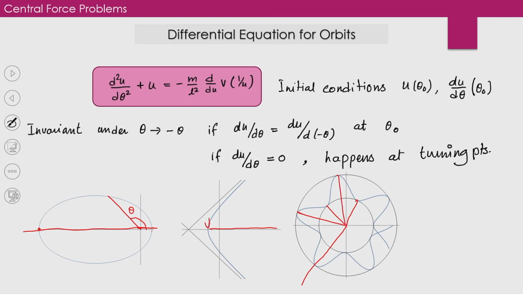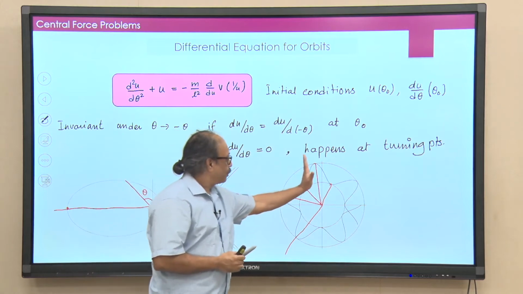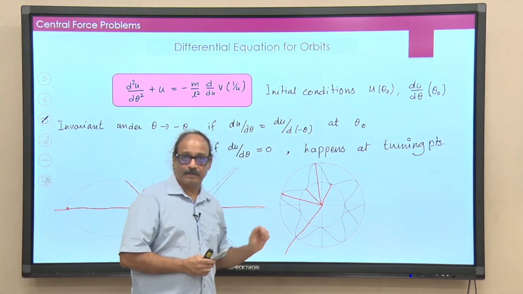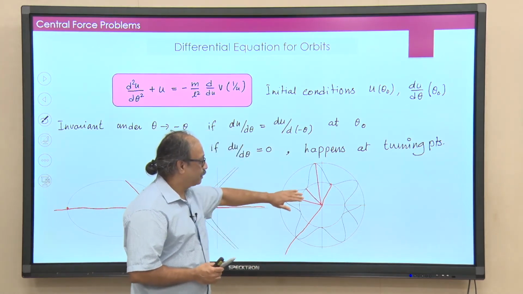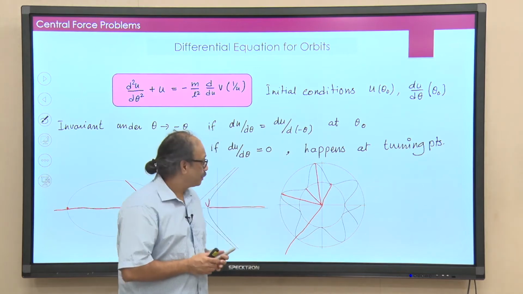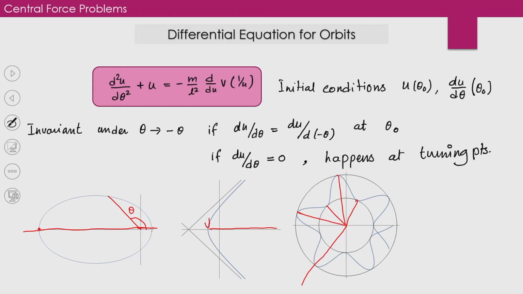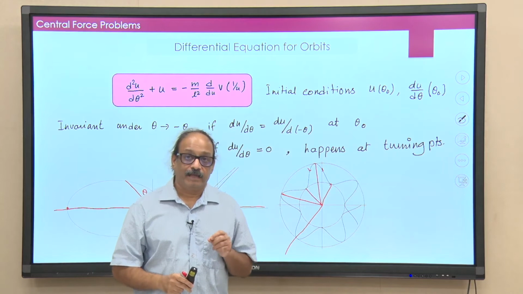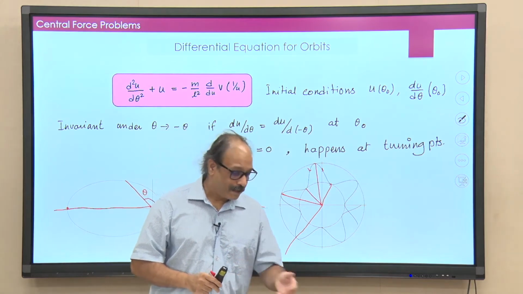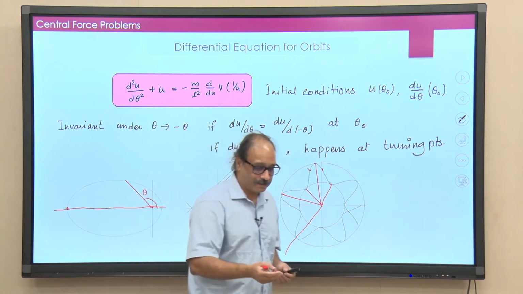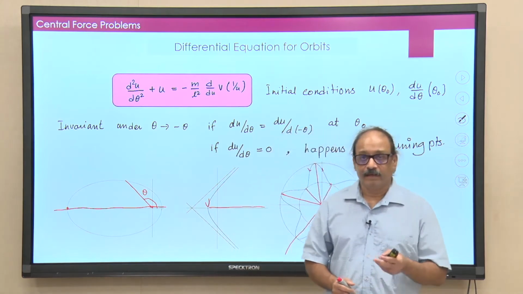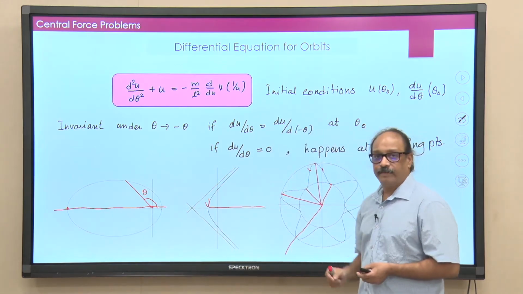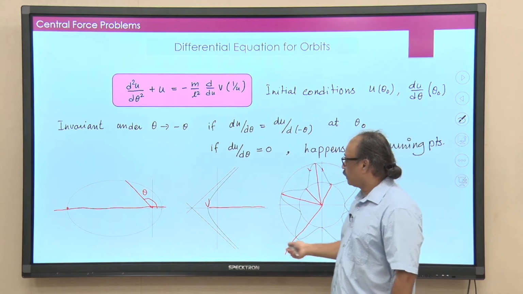And if you look at the orbit about any of these lines, you will see the orbit is symmetric. So, if you start the motion at this point, whether you go this way or you go this way, in either case you will get exactly the same trajectory. And this is one delightful result that we can obtain from the orbit equation without doing any calculation.